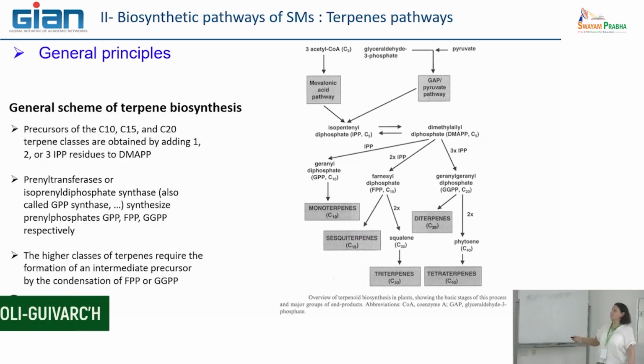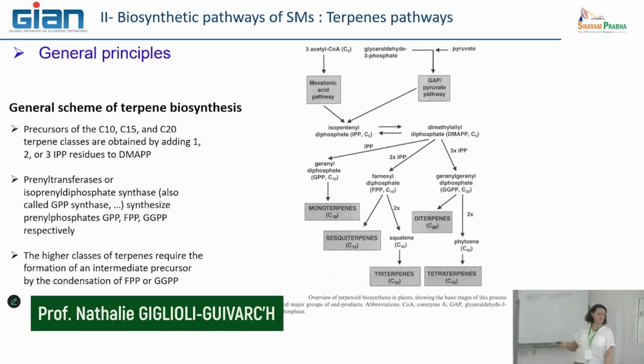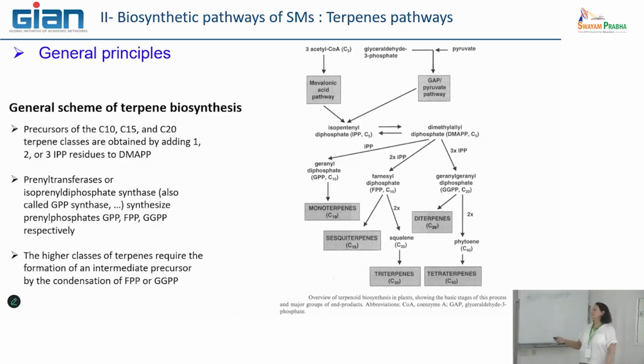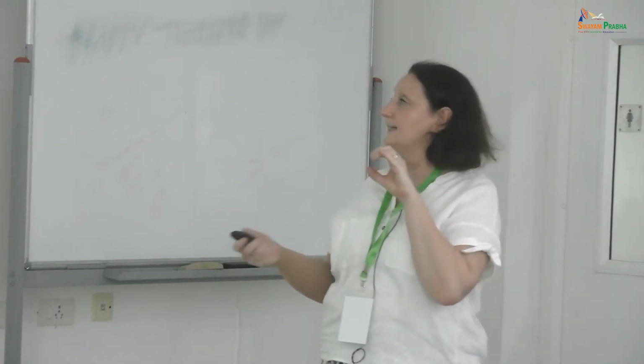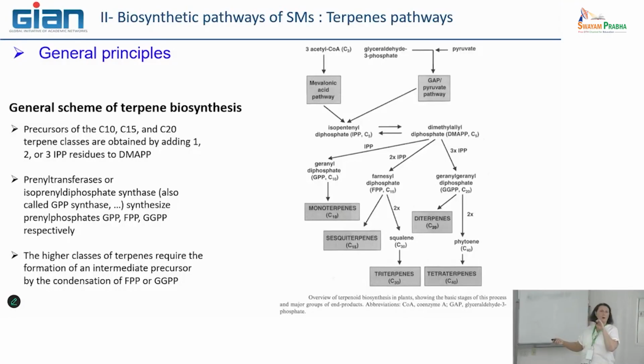So when you have produced both, by one or by the second pathway, what happens? This is the more specific terpene biosynthetic pathway, in which, on the IPP, which is the core, you can add several other modified isoprene molecules, such as DMAPP. Or you put one, or you put two, or you put three, and by this way, you can create different precursors, such as geranyl diphosphate, farnesyl diphosphate, geranylgeranyl diphosphate.